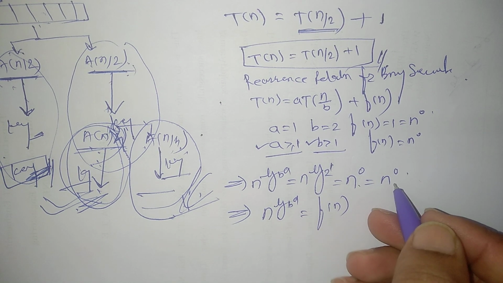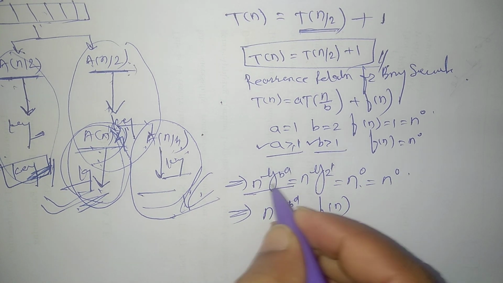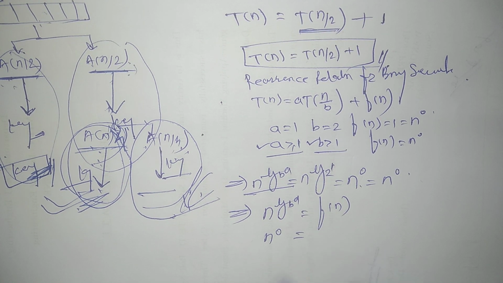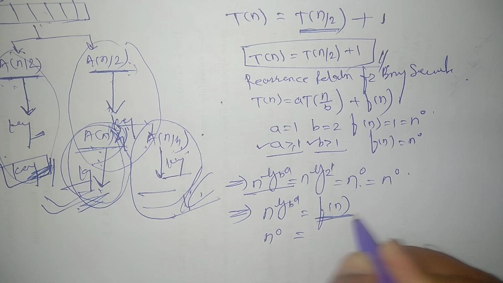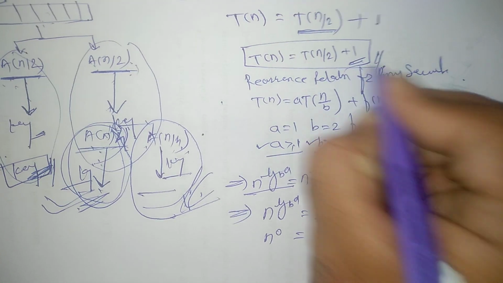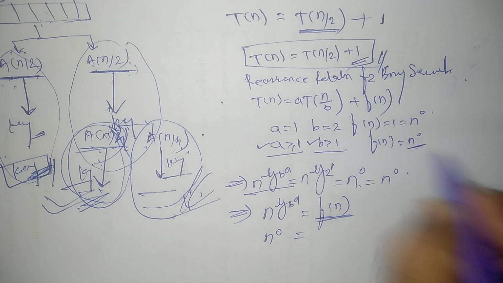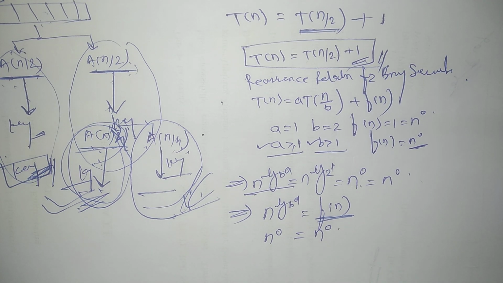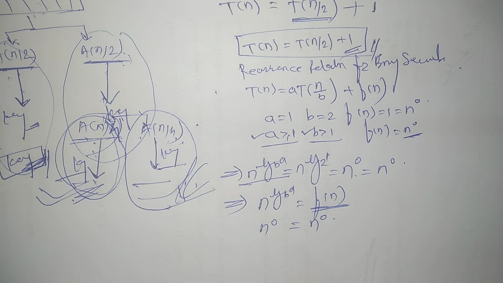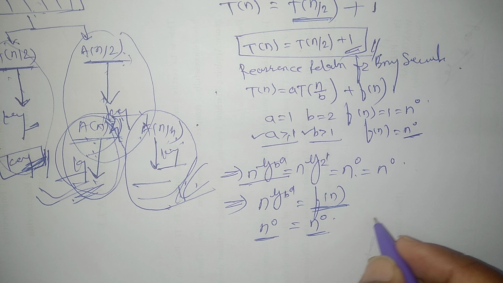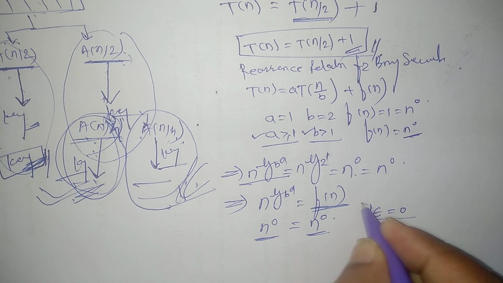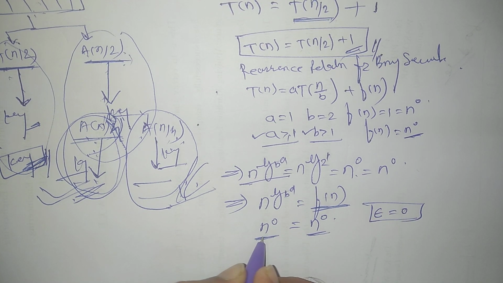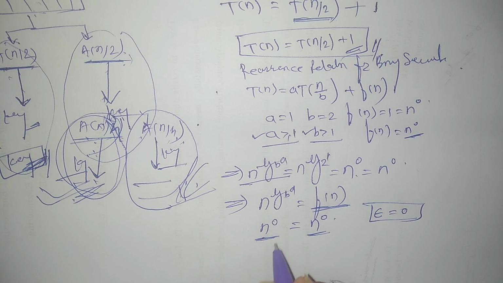So in the problem statement, I found n to the power log a by b equal to n to the power 0, and f of n in the recurrence relation is nothing but 1. 1 I can write as n to the power 0. When I compare the left side to the right side, I found that epsilon equals 0. That means on the left side there is no need to subtract or add, they are equal. So by master theorem,